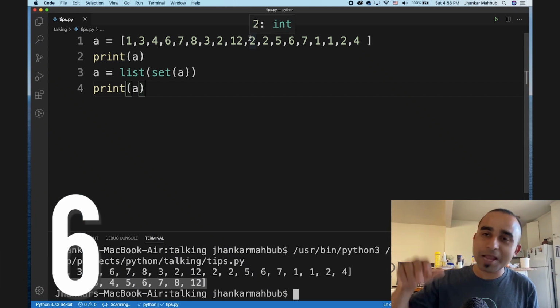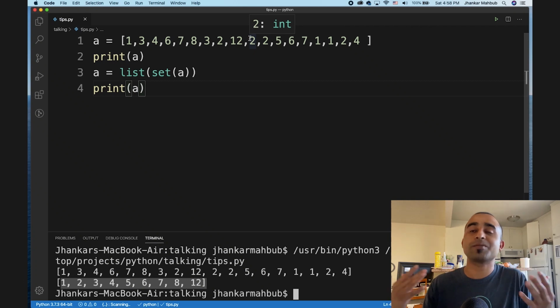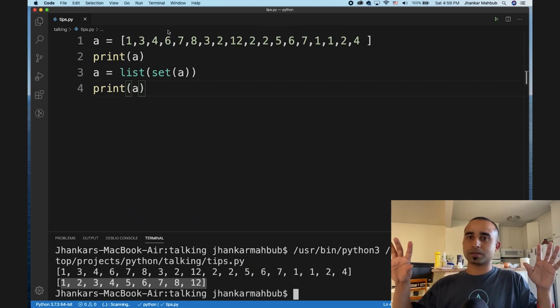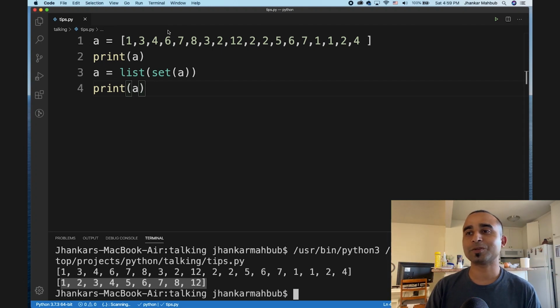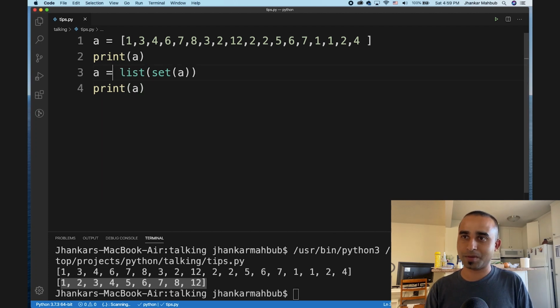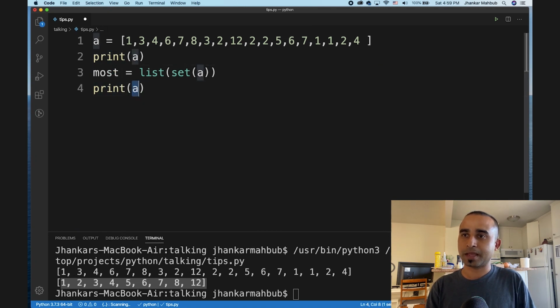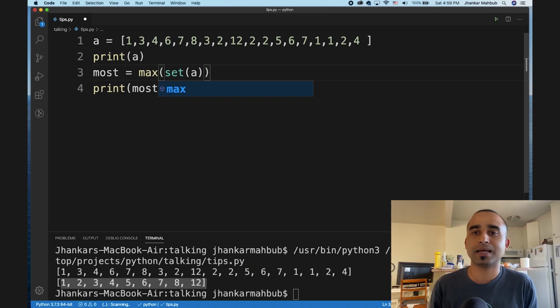Clever point number 6. Let's say you have the same list, but with a bunch of duplicate numbers, and this time you want to know which number is repeated the maximum number of times. That means which number, say for example number 6, appears most often, then we want to get 6. We don't know yet, so we need to figure it out. In that case we can use the same thing, but a little bit differently. Maybe we'll name it most_repeated or something like this, and we want to get that output, and we use max because we want the maximum number of repeated times.